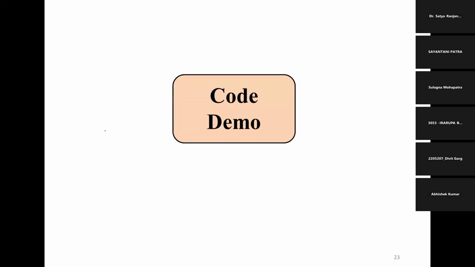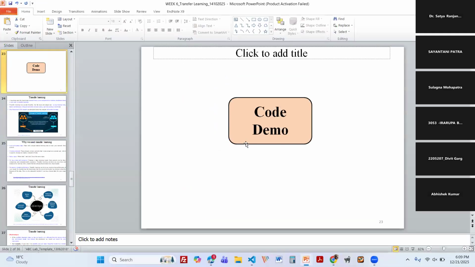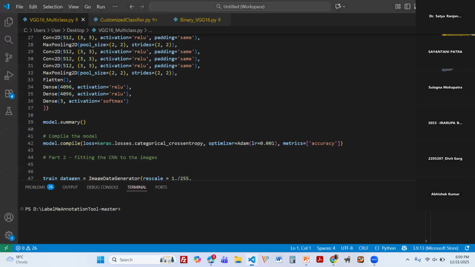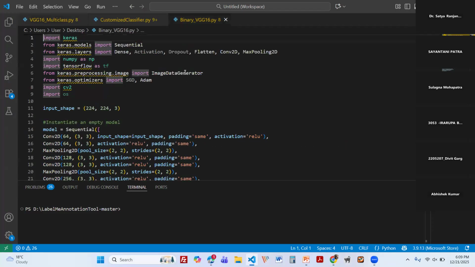Okay, this is all about the CNN. Now I should show you the code demo for the hands-on, but unfortunately I cannot connect to the GPU because it is Sunday, and I think the GPU is closed. However, I will show you the code bit by bit. I have already discussed the code, but I just want to show you another time how the coding structure looks.